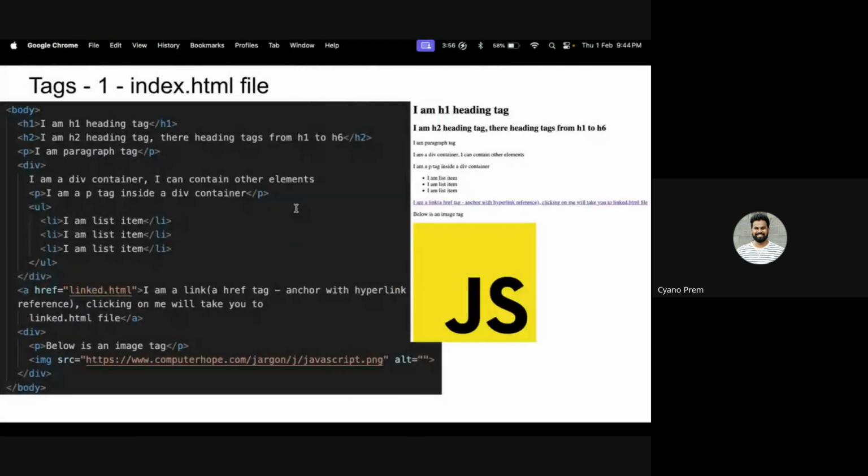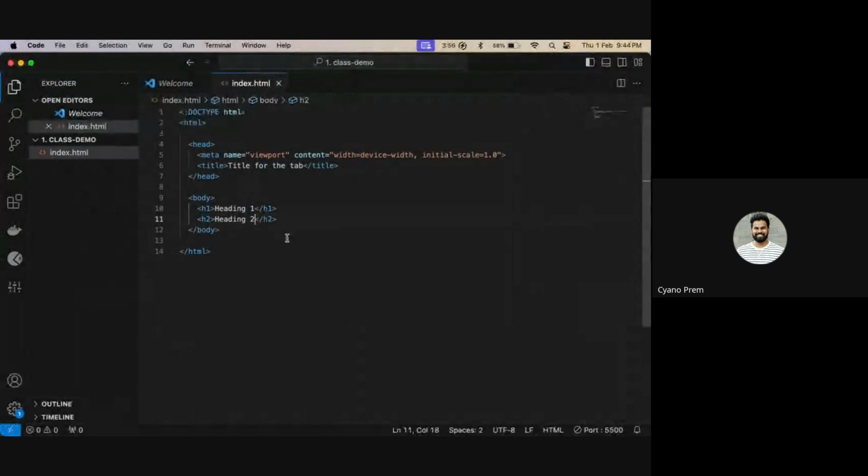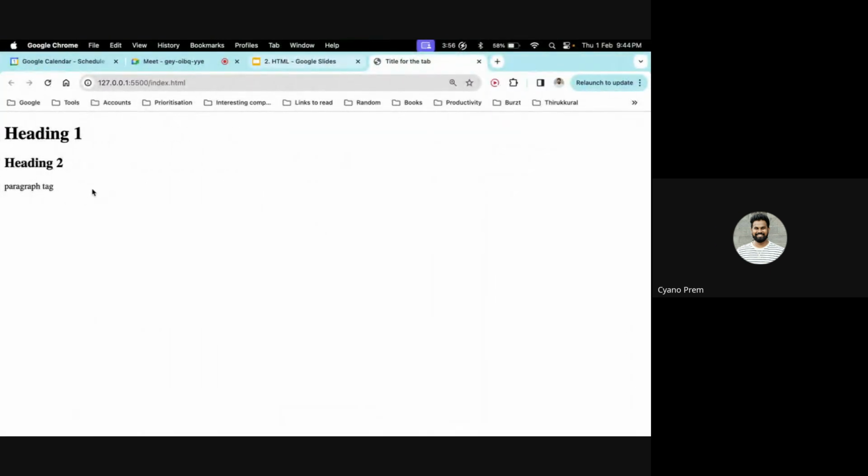This is my browser, so it is showing heading 2. Now I'll show my p tag. So this is a paragraph tag. The paragraph tag is here.